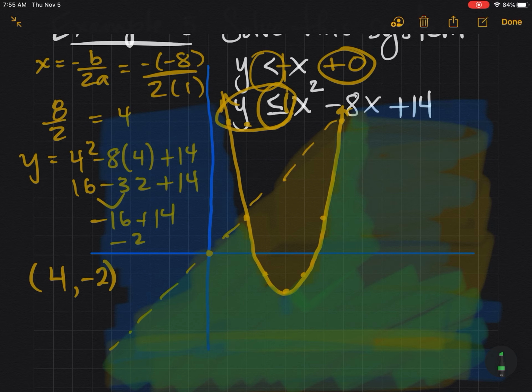When you do it on your homework, please be very neat. Students like to use highlighters, but remember you can't erase if you use a highlighter. And so you want to be really neat, and it's nice to shade with the side of the pencil. Just make sure the solution is very